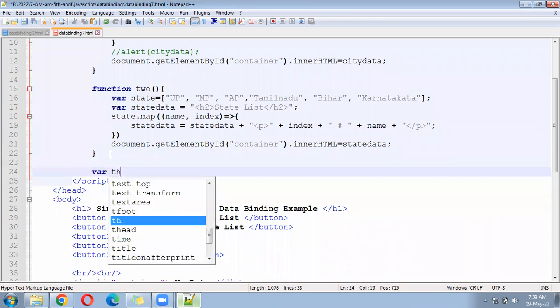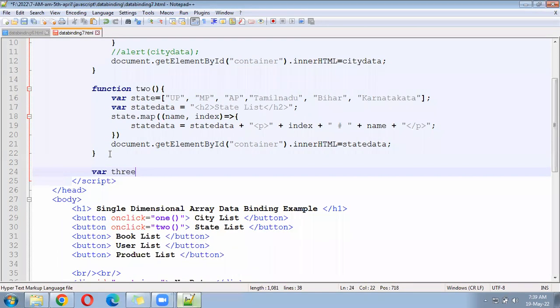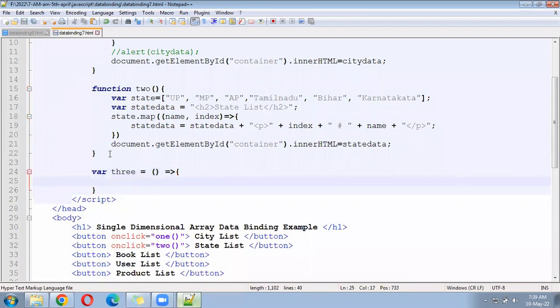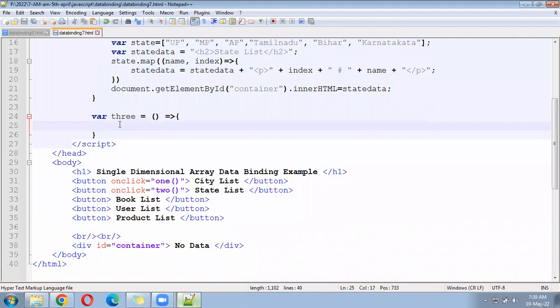Next, we'll write an array here, book list, or maybe book equal to